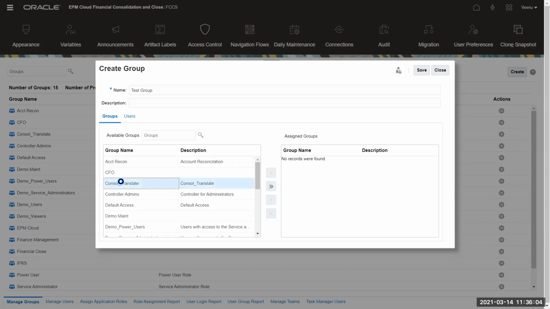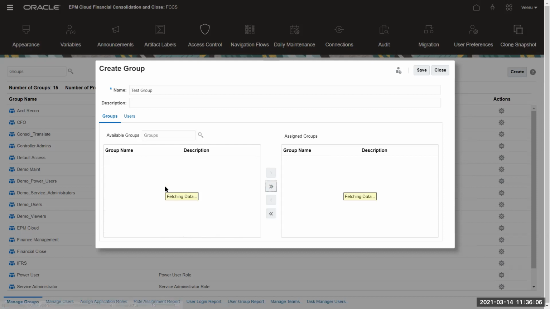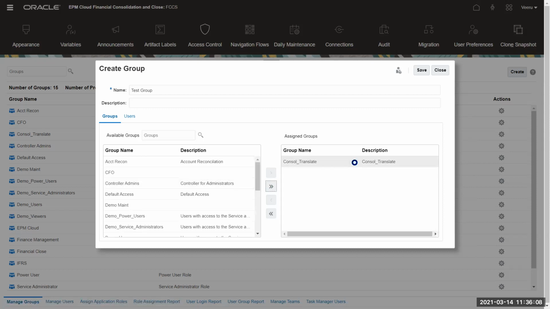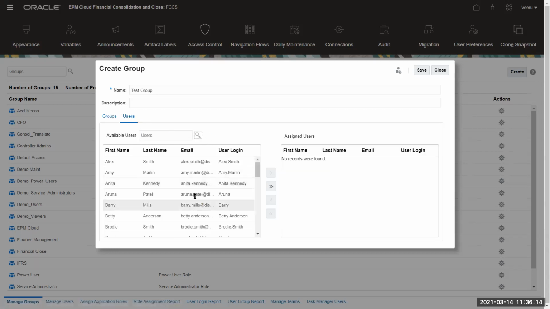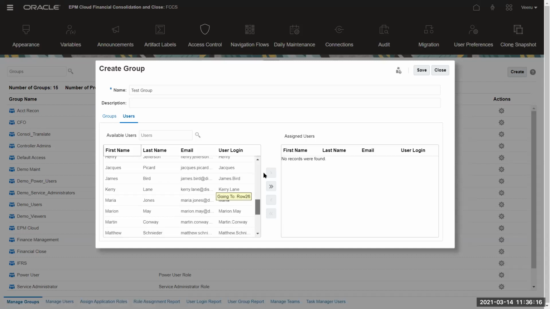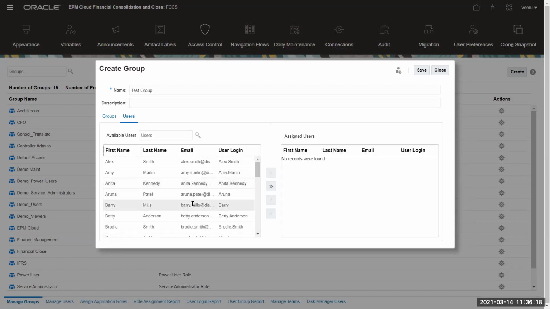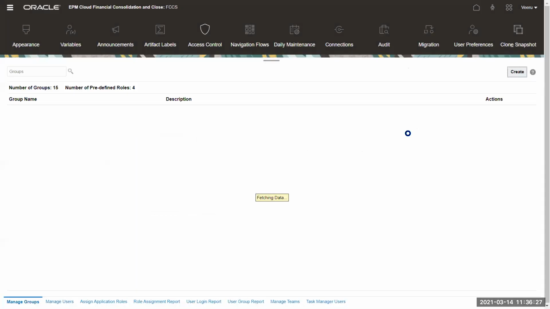You can say this group can be part of that. Or you can go to users, if you want to assign certain users. These are all the list of users. You can go and assign the user that you want, and then they'll be part of this group. Okay. Then once you click on save, it will create that group.